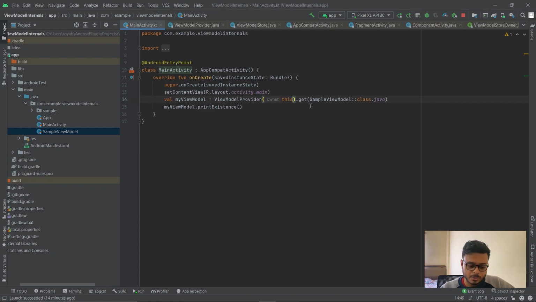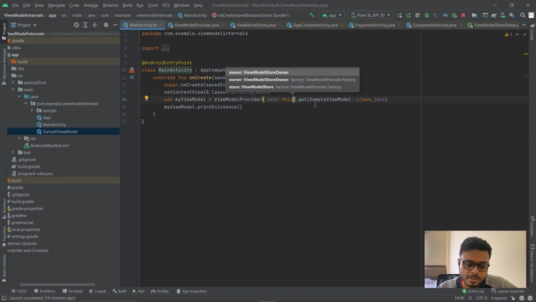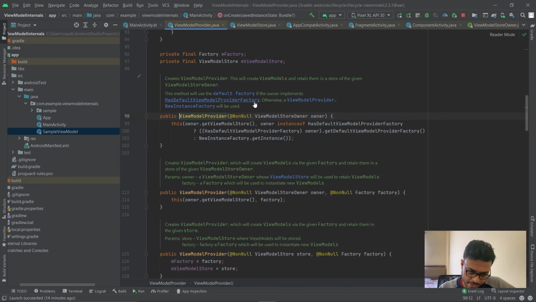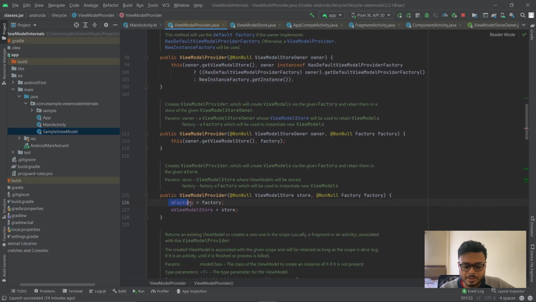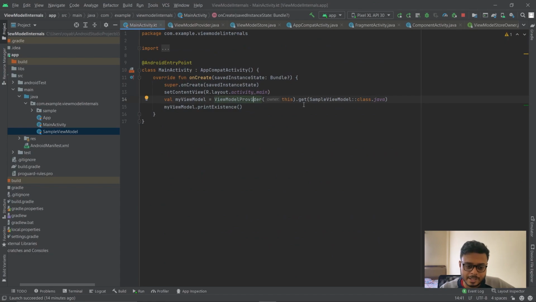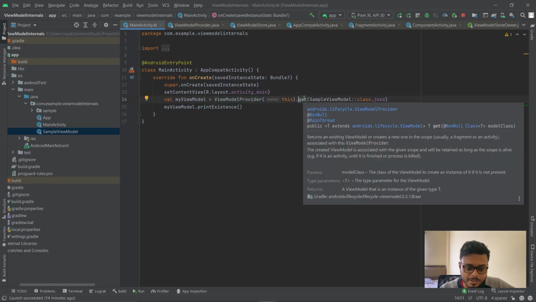So here also, while instantiating the view model provider class, we can pass in our own factory if we want to. Otherwise it gets hold of the owner and then internally it tries to figure out the factory over here. After that, it just stores the references of the factory and the view model store, right? And then it tries to call this get method, correct?